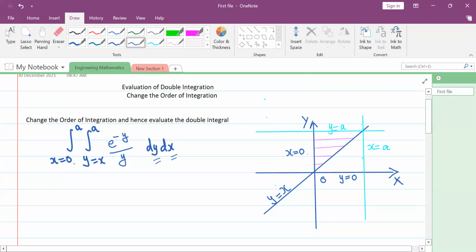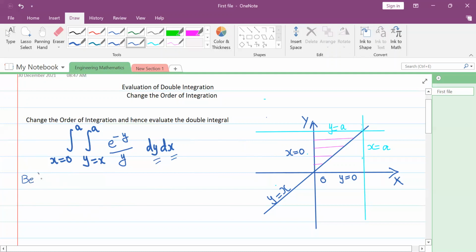But if the inner integral y is varying from x to a, then y is a function of x, that is, y is a dependent variable here. If it is so, I can't change the order as I wish, and I need to find out, by using the region of integration, the new set of limits after changing the order. So we'll now see what cases we have before changing the order.